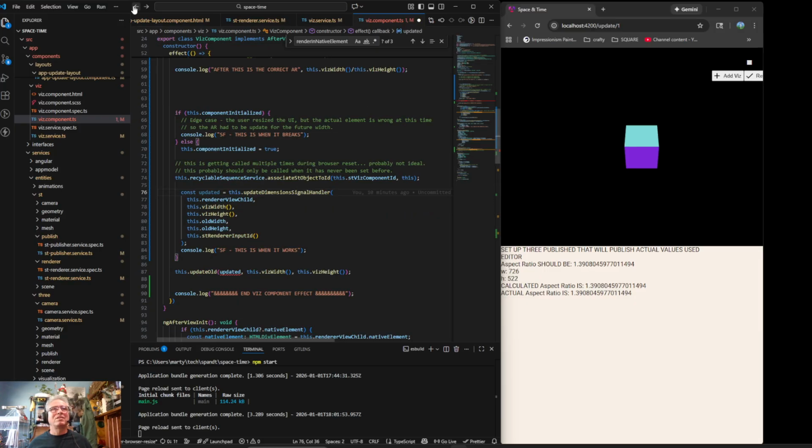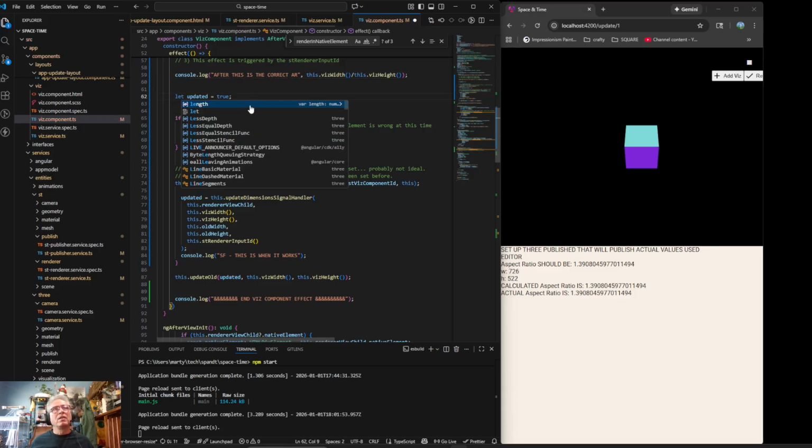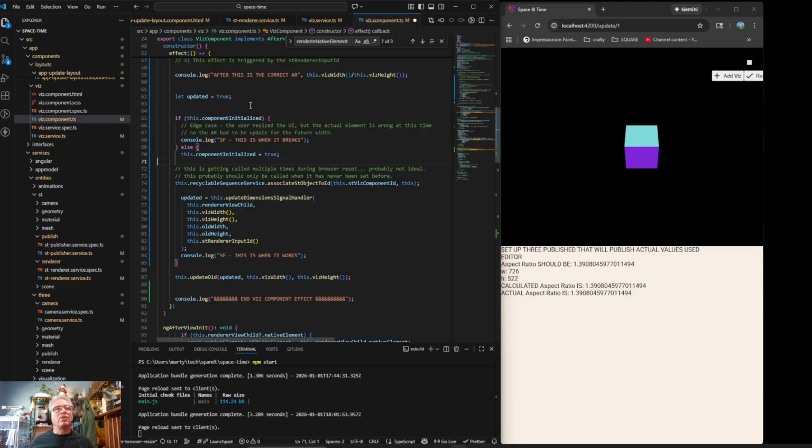So update old. Oh, okay. So it's saying, hey, if we updated it, so basically that thing was just hard coded to return true all the time. And I guess we need to make this a let. All right. All right. So now